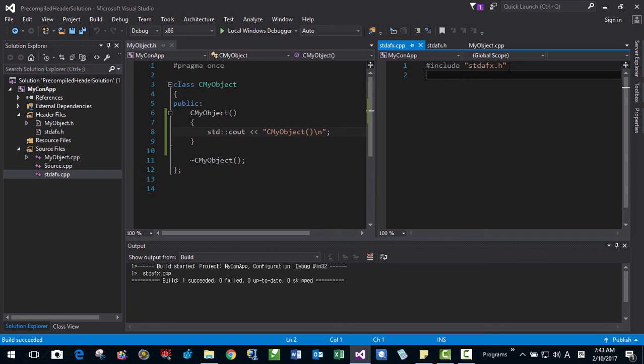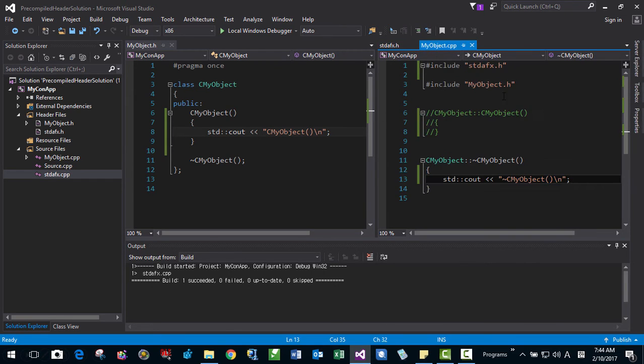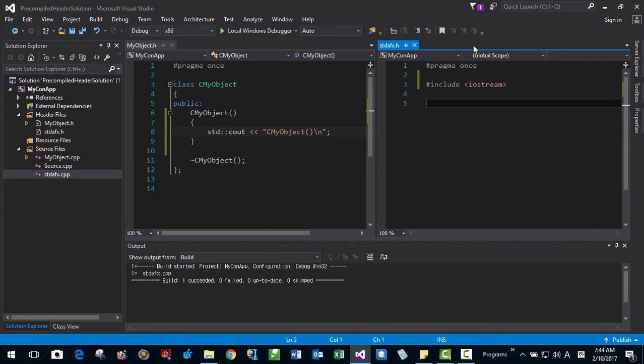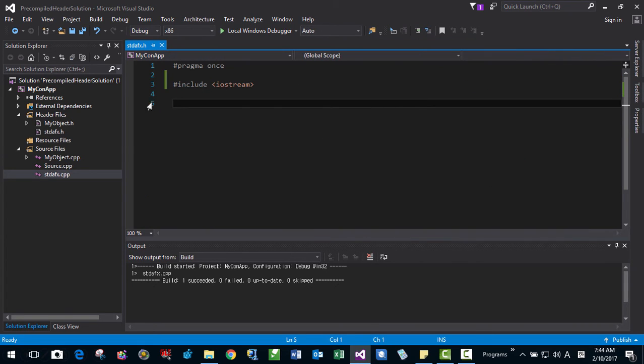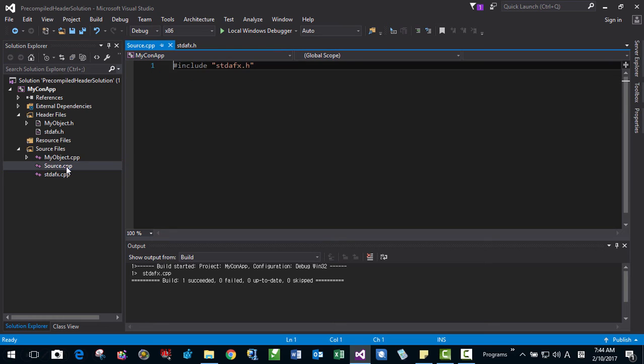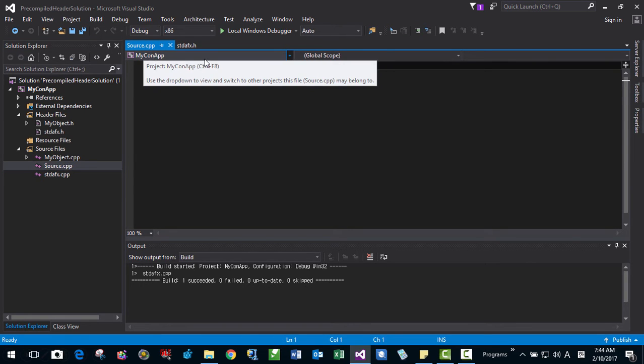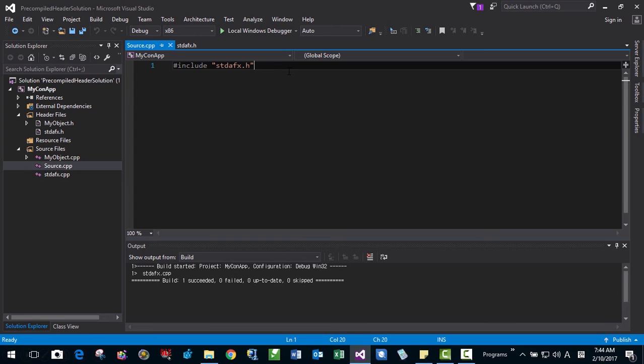Only one line is needed. Like this file is stdafx. It is good enough. Okay, I will close it. We don't need to open it again, and we don't need it. Also, we don't need it. Then I will open the source.cpp source file. Here we will include